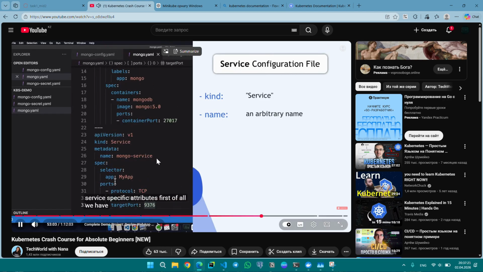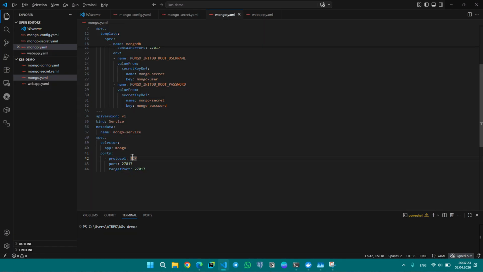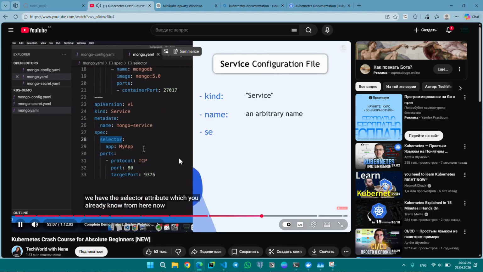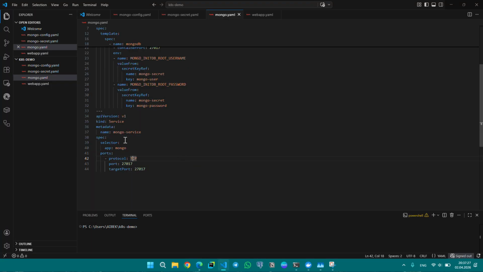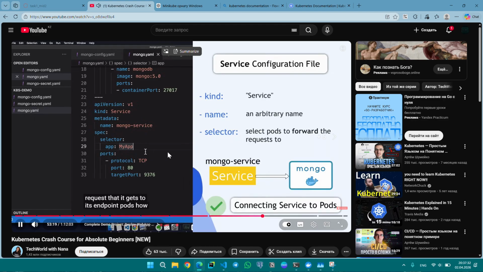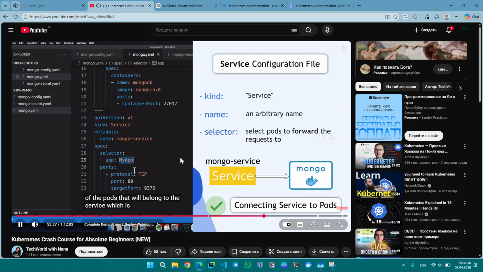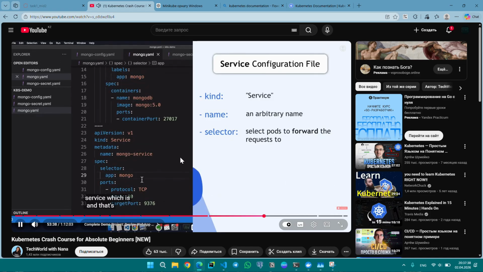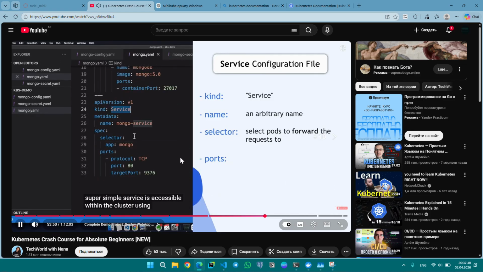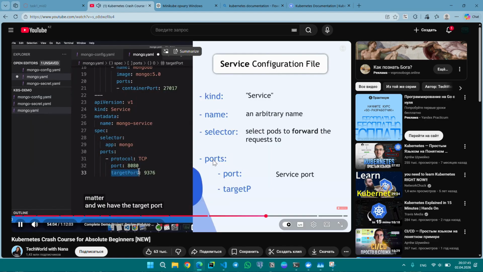First of all, we have the selector attribute, which you already know from here. Now, why do we need a selector in service? Because, as you know, service needs to forward the requests. How does service know which pods to forward to? Using the selector, which should match app: mongo. And then the ports configuration, and we have the target port, which is